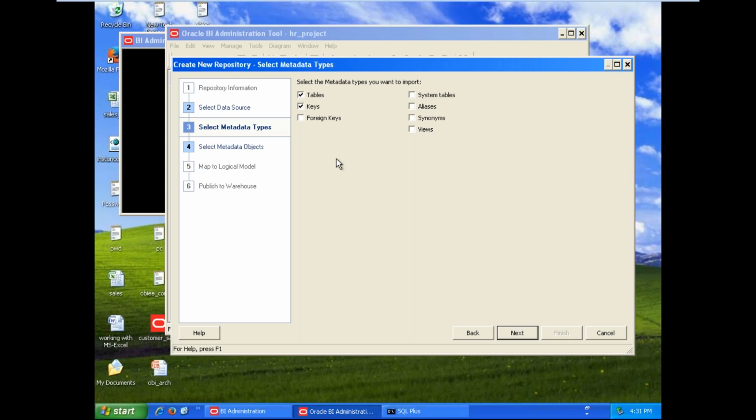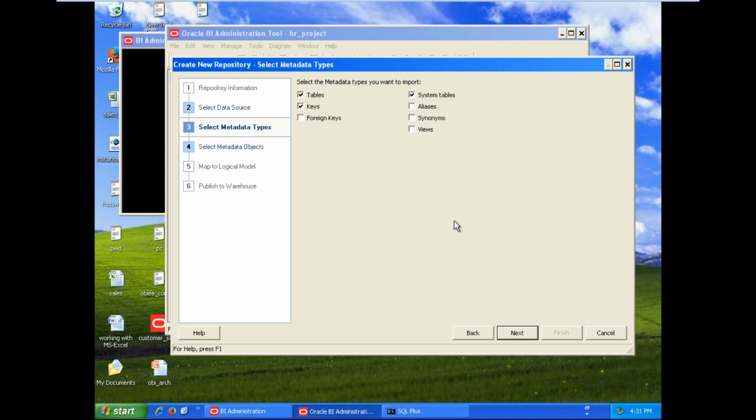Okay, and the system tables. If the current user has system level credentials, we are connected to the current user, that is the HR user. If that HR user has system level credentials, we can import the objects from the system level tables also, not only user tables. System tables means admin tables.